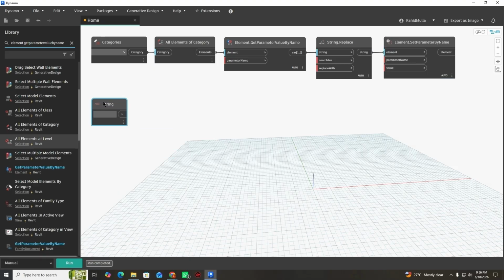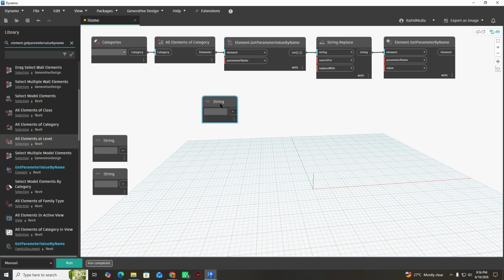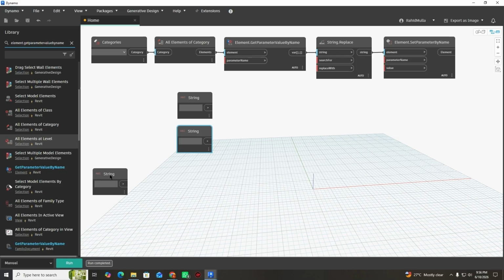Okay, and then we will copy this simply, and we'll have three different strings here. All right, so we'll keep this here. We will keep this here, and let's keep this here. Let's keep this somewhat here. And what we will do here, we'll tell Dynamo that what we are looking in will come here in Revit,